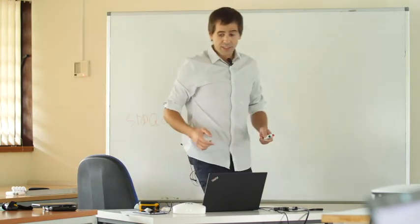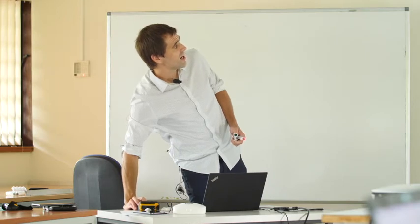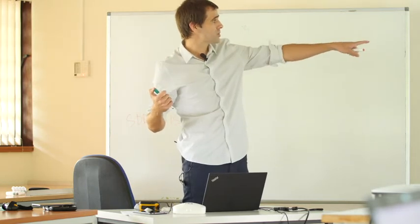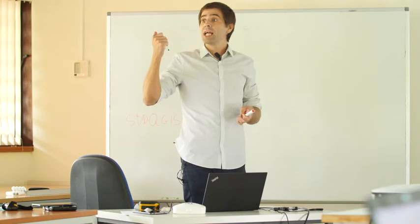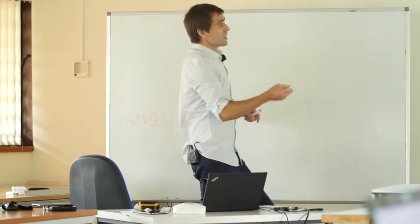So I put here in this slide how Survey Solutions shares the polygons, and how we can import a polygon into QGIS from CSV. We have to convert the coordinates from Survey Solutions into WKT language. WKT is well-known text, a way to store points, lines, and polygons in a string. So a polygon